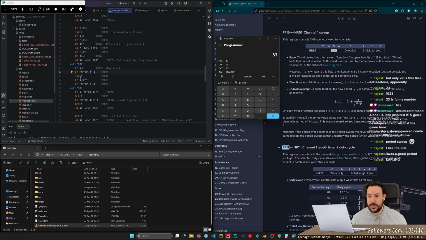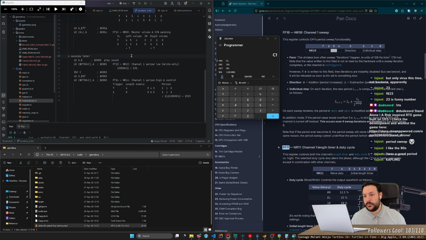Okay, and then this is gonna play, and then on the second iteration, I'm gonna write a C1, which is this. Okay, so then I do a...